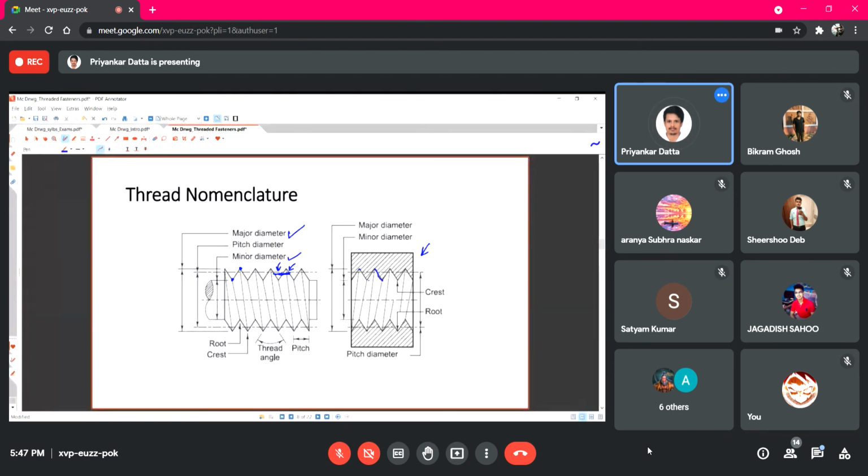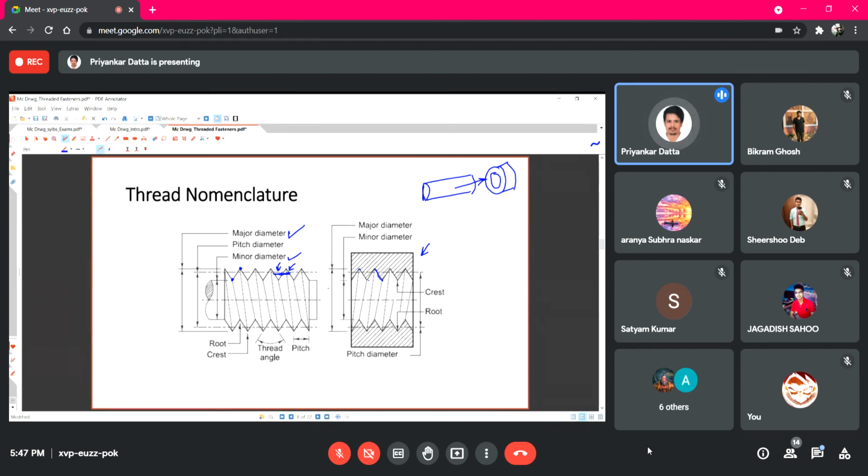And the concept is, if instead of these threads, there are two cylindrical components, say one cylinder with the pitch diameter and another hollow cylindrical part that also has a hole with the pitch circle diameter, or pitch diameter, then if we slide this cylindrical part into this hole, it should act as the thread operates.